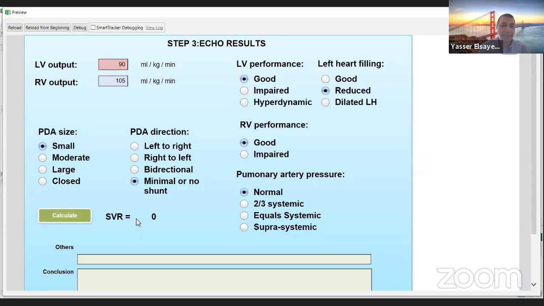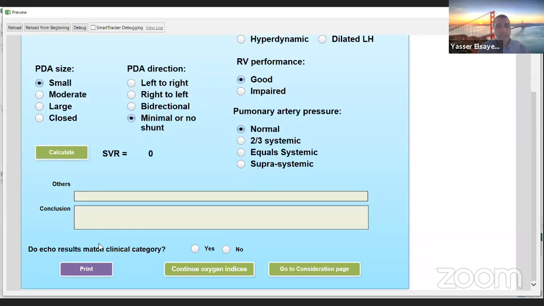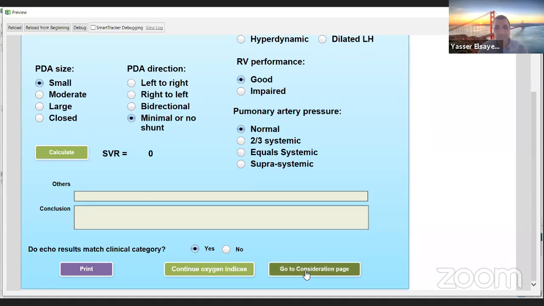Because we did not start, so it is not zero, no, sorry. Because we interrupted the system, it is actually 350 in this case. Okay, that's better, so it was very high, because we interrupted the system and stopped in the middle. The system will ask you here, do echo results match the clinical category? In this case, I would say yes, with understanding of the physiology. And if you go to the consideration page,